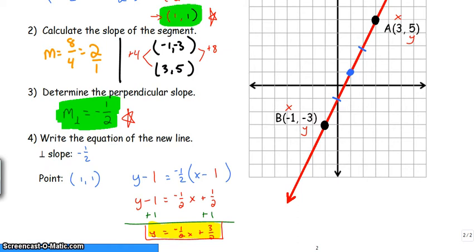I'll use purple for this. Here's the point (1, 1). And I'm going to apply the slope of negative 1/2, so a rise of negative 1, a run of positive 2. The other way we could have looked at it is a rise of positive 1, but a run of negative 2. And as we see when we draw our line here,